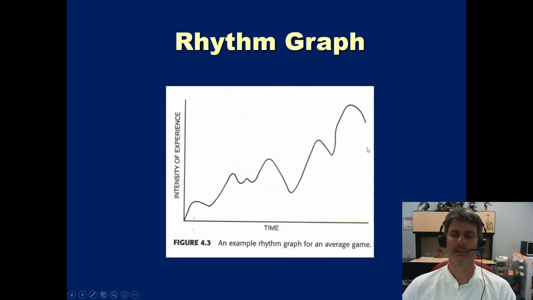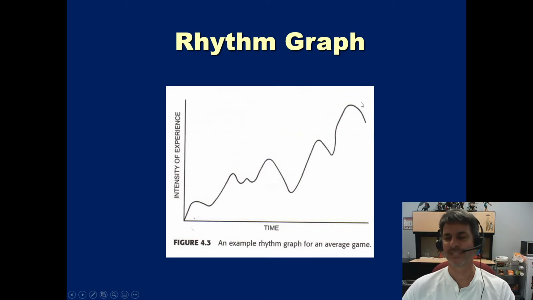So this could be used for a single level, or this could even be used as different levels in a game. Think about that. Each one of these peaks, just after it, or at the downturn, that's where the level ends and the next one begins. Each one of these. So here we could see 1, 2, 3,